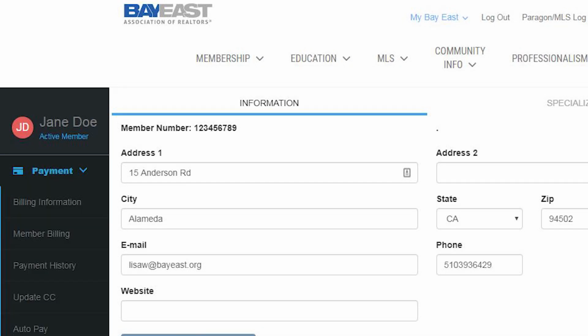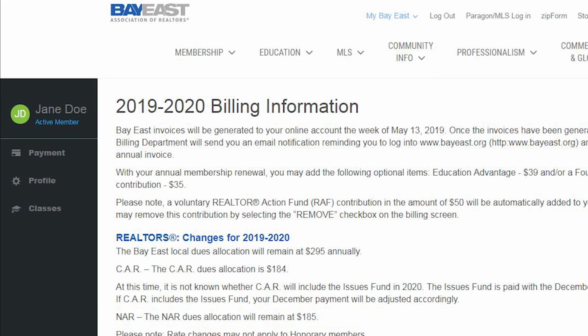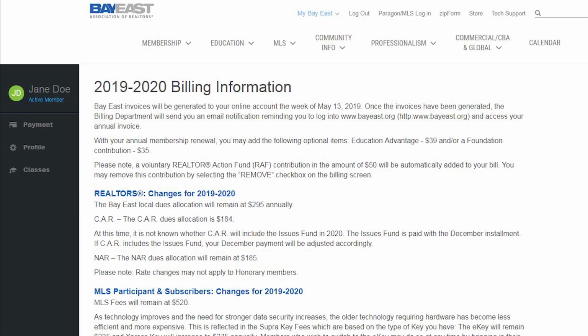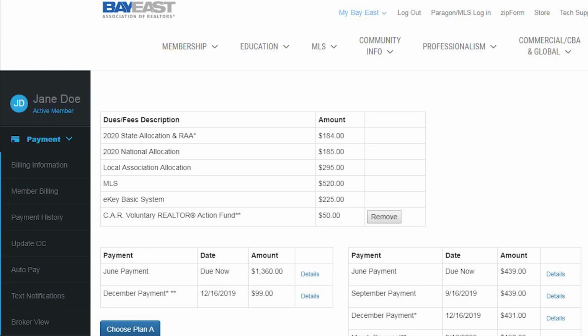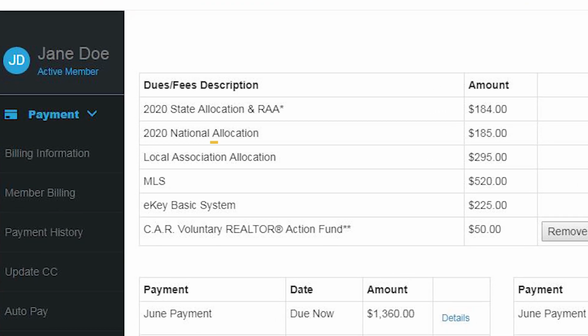To read a recap of changes to dues for 2019-2020, click on Billing Information. To pay your dues, click on the Member Billing button. You will see a recap of your dues for 2019-2020. These may include national, state, and local fees, MLS fees, super key fees, affiliate dues, and/or RAF contributions based on